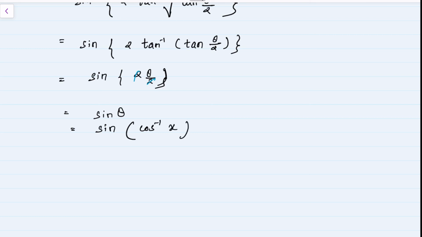Now again there is problem here. The outside function is sine, while inside the bracket we have cos inverse. Now for this type of sums, we have seen already earlier that we need to convert cos inverse in terms of sine inverse. So for that, what we'll do is we'll use the right angle triangle approach. So we'll draw a right angle triangle, take any angle as theta. Since we have cos inverse x is equals to theta, so cos theta will be equals to x, so that is x by 1. Adjacent side would be x and hypotenuse is 1. The third side, according to Pythagoras theorem, would be root of 1 minus x square. So now we can write sine of sine inverse of